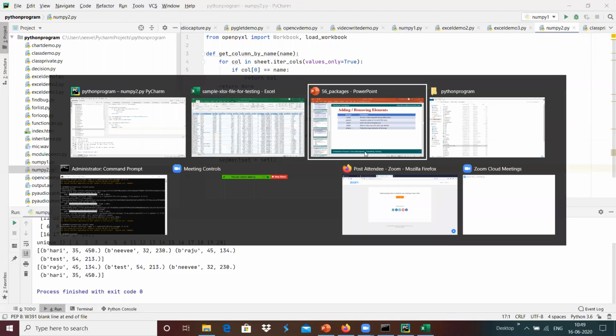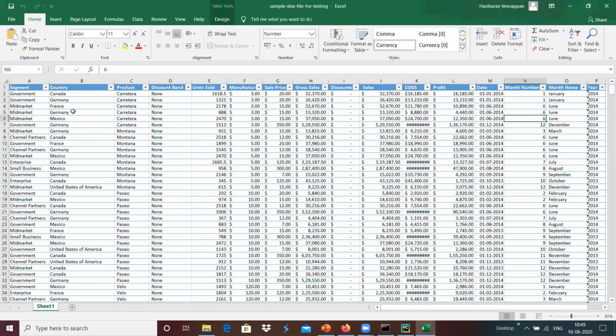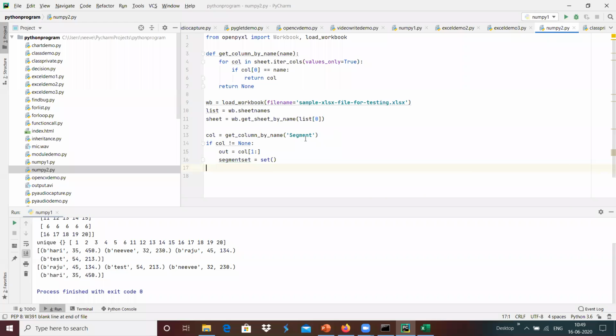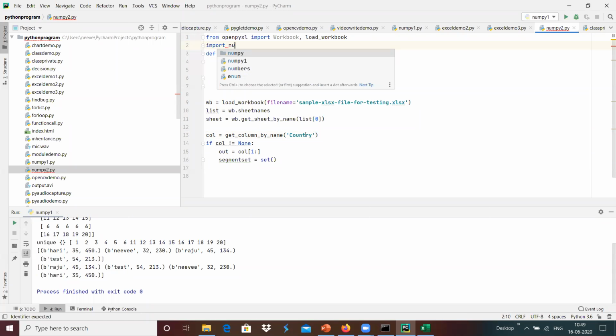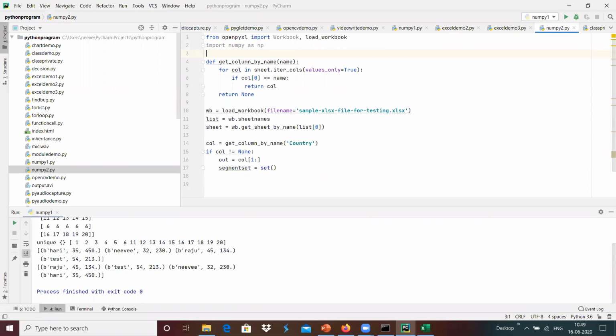I'm going to get the column with country over here. Once it is done, I'm going to import numpy as np. Then I'm going to create an array with the data elements.